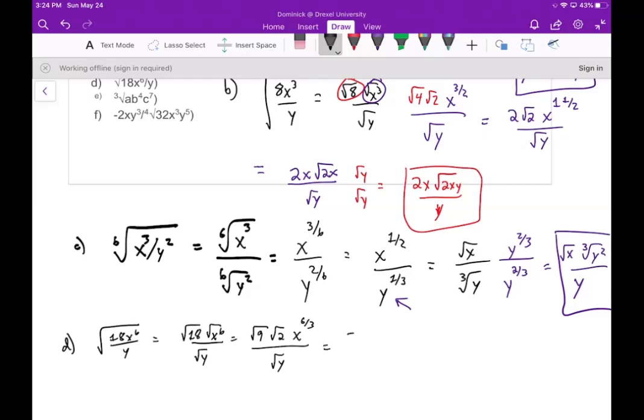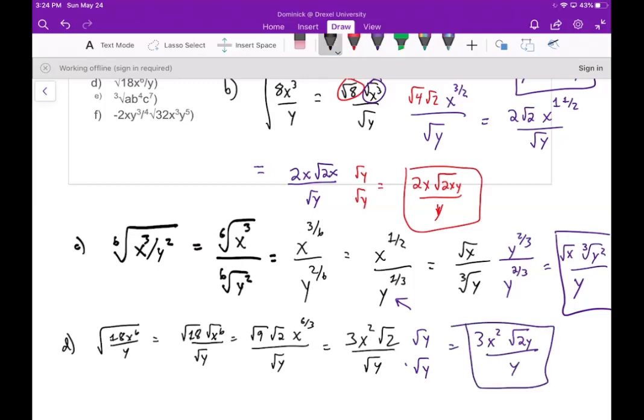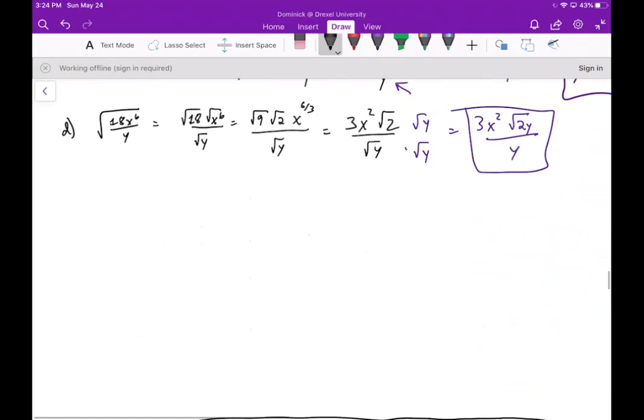So we're going to get 3 for square root of 9. x to the 6 over 3 will become x squared. And square root of 2 over square root of y. So now, of course, just multiply top and bottom by square root of y. And we get 3x squared square root of 2y all over y. Okay. Part E,